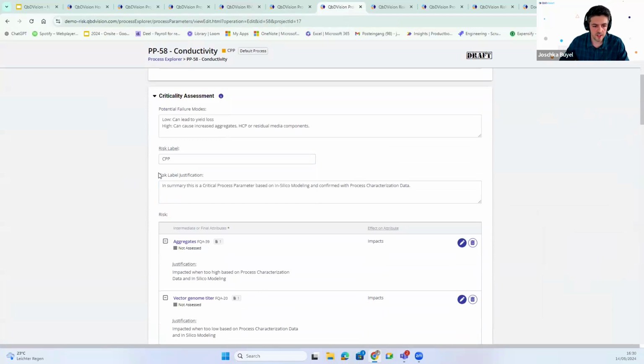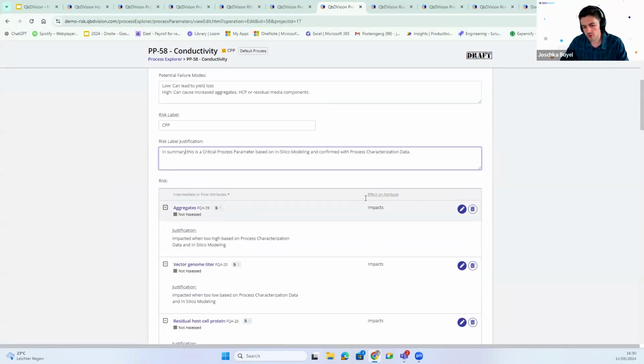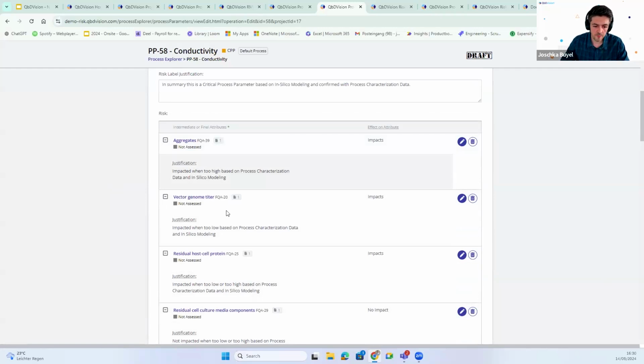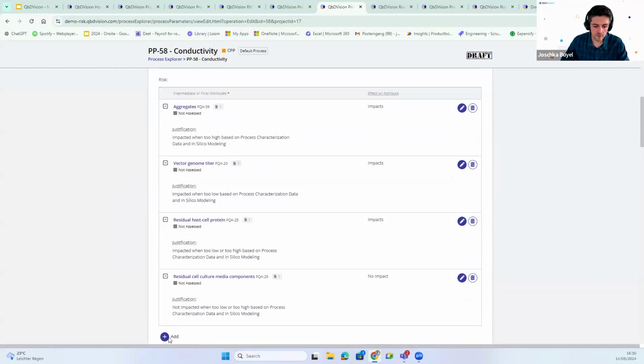On top of that, we have added a risk label justification field, because what we enable you to do now is also not link to anything, right? With risk ranking, you would always need to link to some record to do a risk assessment. Here, you can not link to anything and still do a risk assessment for your particular parameter, and you might want to justify why this is critical, for example. We highly encourage you to still link whenever there's something to link here,